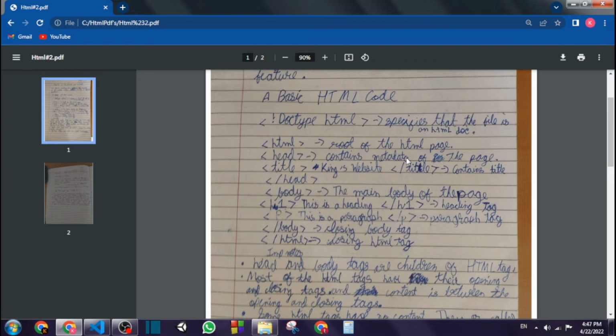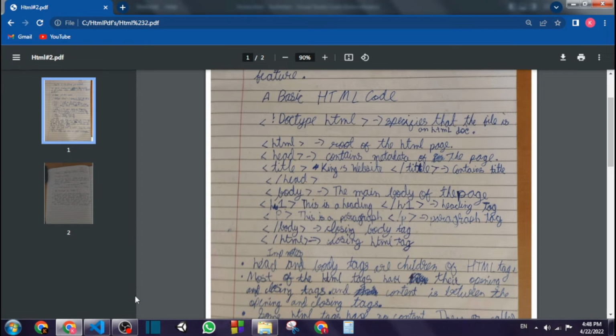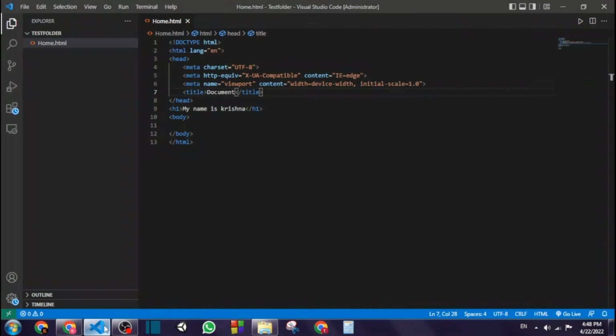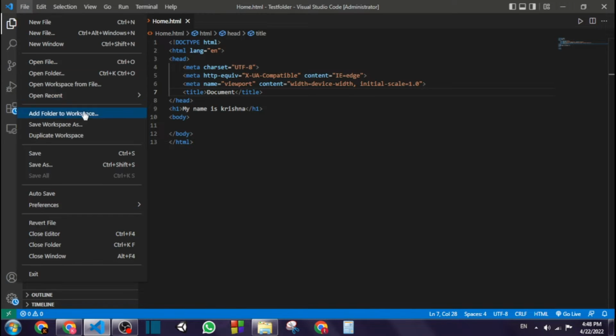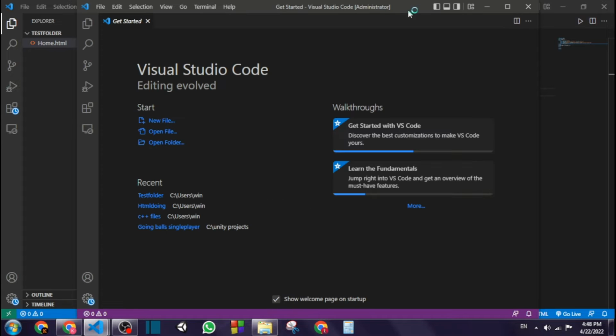If you are coming into coding, then you must have heard about int, float, boolean, character, etc. So for that, let me do it in Visual Studio Code only. I will open a new window and tell inside that.